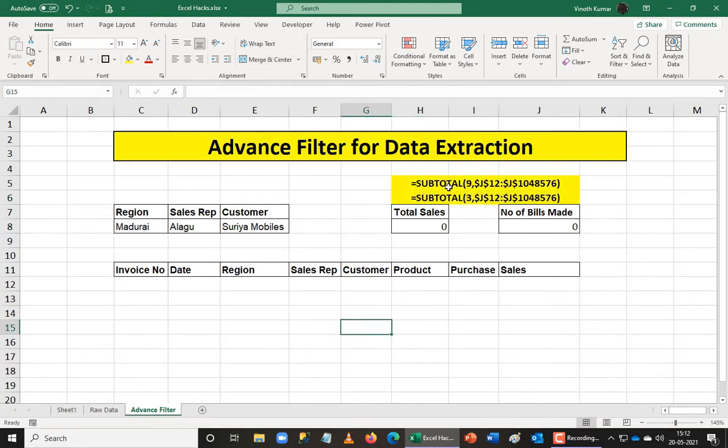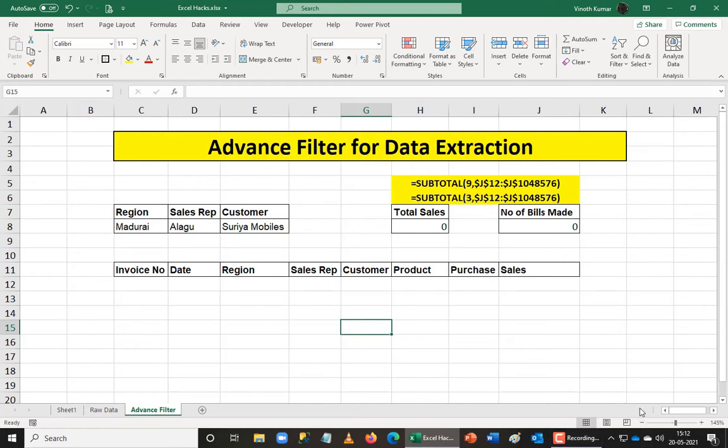The first part is I'm about to use a larger data. Please don't try this on your real-time data, because if you have this much data, your system will take a lot of time to open it. So as I'm using very simple data here, I don't bother much about trying this.